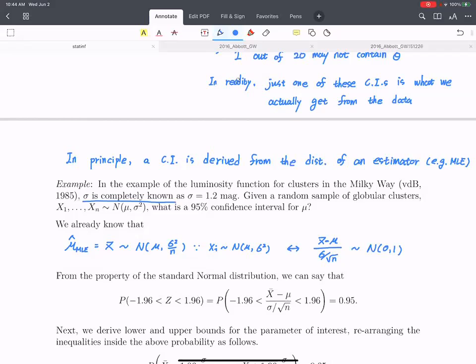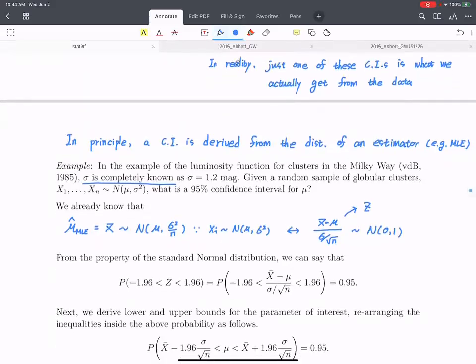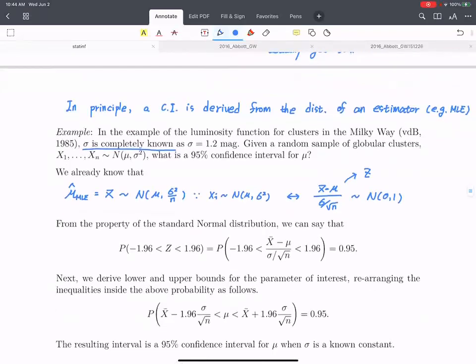So this is where we start. We typically call the standardized estimator Z. Based on the property of the Gaussian distribution, to get the 95% confidence interval, we set 2 values at the tail, for example, here and here: 1.96 and negative 1.96, because these 2 numbers make the area in the center part equal to 0.95.